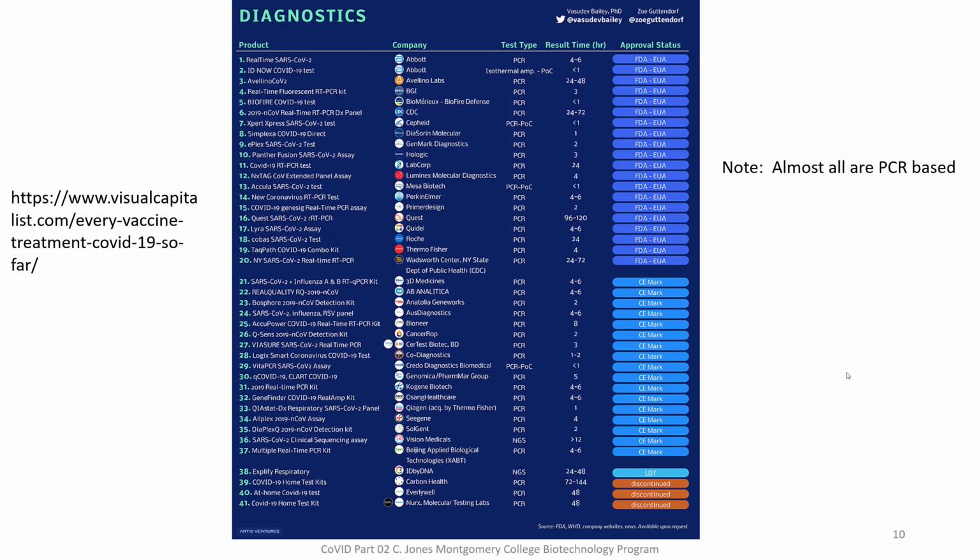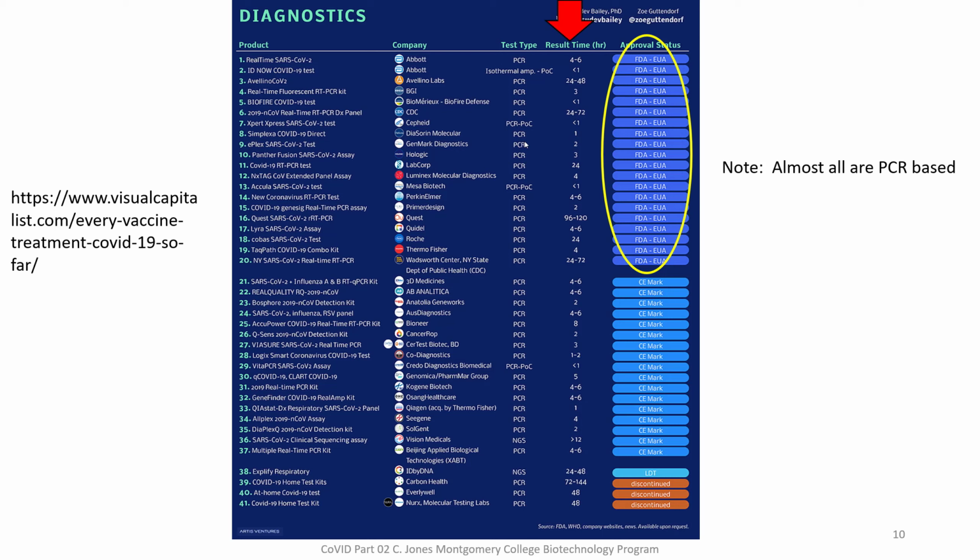One of the other nice things here is that back in May, we didn't have any FDA or European approved diagnostic tests for COVID, but now we have quite a few. So that's encouraging. I mean, in 6 months, we've been able to cut through some of the regulations, but still maintain the quality. Otherwise, the FDA wouldn't approve of it. And now we have reliable tests. The other nice thing is we've cut the time down. Before, it used to take 24 hours to maybe even 5 days to get a result. If you look here, some of these tests are able to generate a result in less than an hour.